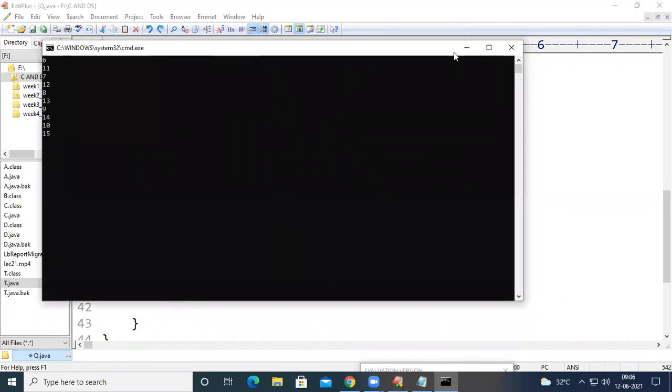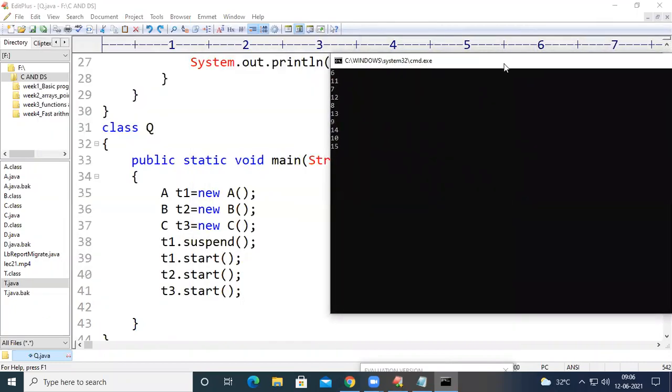If I run the code, I'm going to get the output as 6, 7, 8, 9, 10, 11, 12, 13, 14, 15.